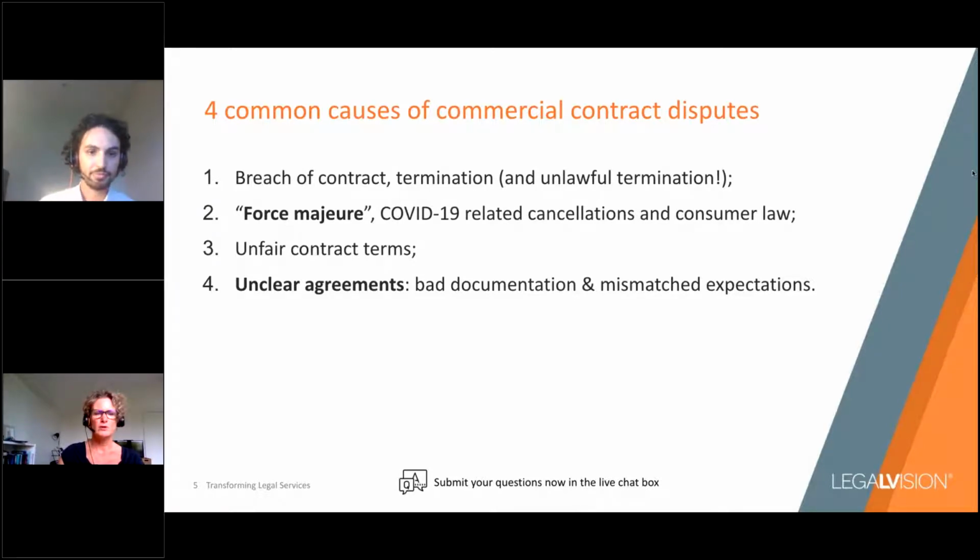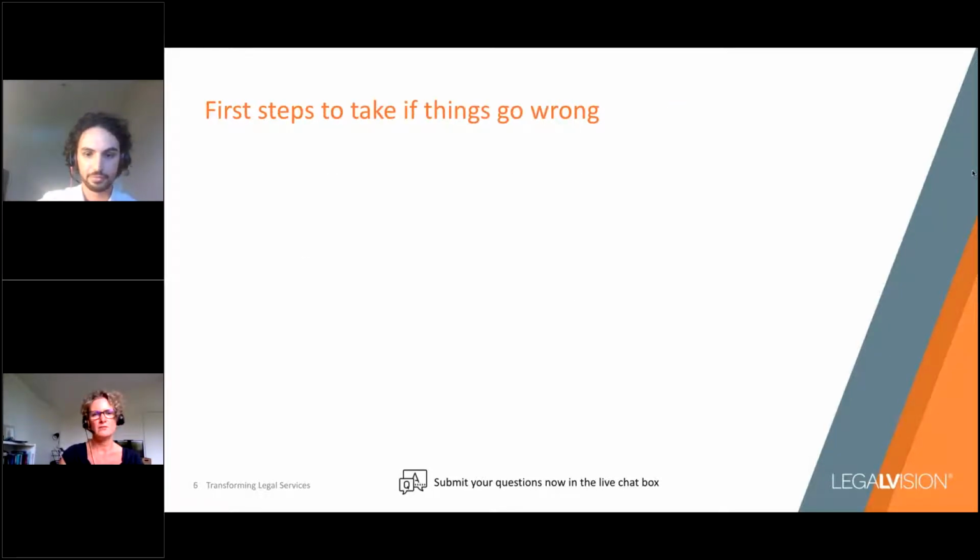Look, the first step we want to focus on is giving some really practical tips about what you do if things start to go wrong. People often feel at a real loss to know exactly what steps they should take. Do they need to go to court? Do they need to ring a lawyer? There's a lot you can do before you see a lawyer, and certainly we'll consider here when it's appropriate to get legal advice. But really there's a lot you can do to work out what's going on and be quite methodical and practical about how to deal